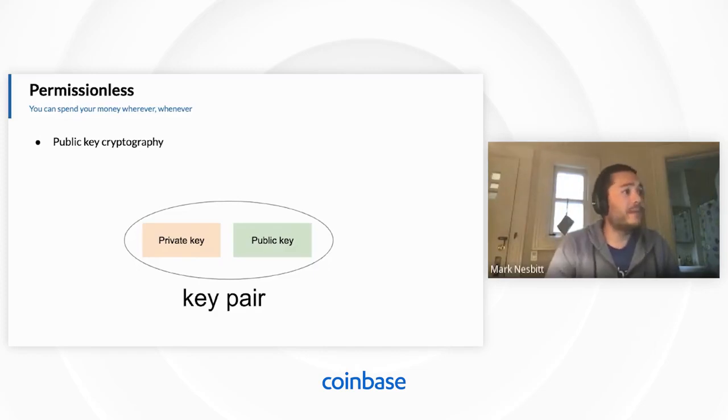In the case of public key cryptography, you pick a very, very large number, and that's a private key. And from that, you can derive a public key. And if you follow this system, you can get some very good properties. For instance, public key cryptography is typically used for encryption. You can share the public key, and it's impossible to derive the private key. So you can keep one of these numbers secret, and one is public.